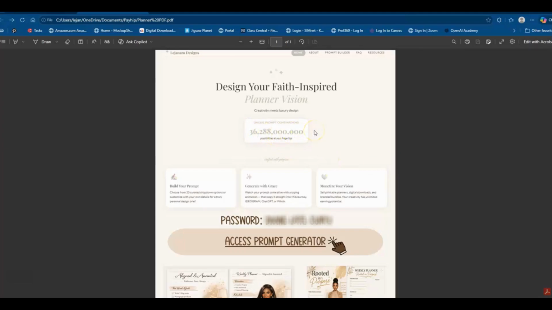So if you're a person who likes to create your own prompt guides, you can create tons of prompt guides using this generator. Or if you just want to make your own planner pages, you can do that as well. There's a link here to the generator. If you have trouble with the password, if you copy and paste,